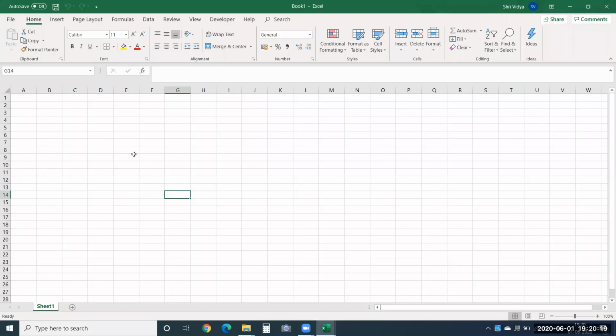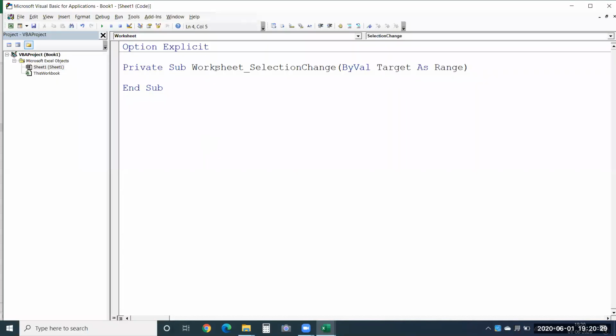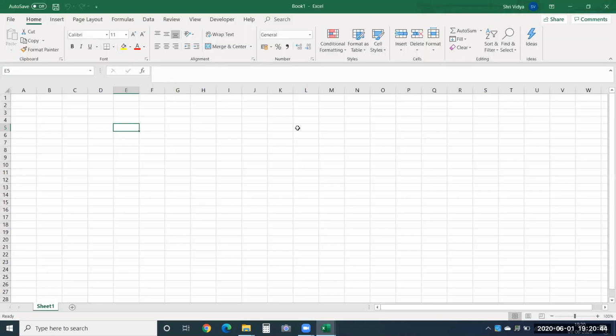Now, I want to print the name of my institute in any cell I click. Let's say you have some requirement like this. All the macros that you wrote until now were based on the address of an object. Now, it's changing dynamically. As soon as you select a different cell, the address is going to change. How do you know which cell is going to be selected next? You don't have any certainty over the address of the cell.